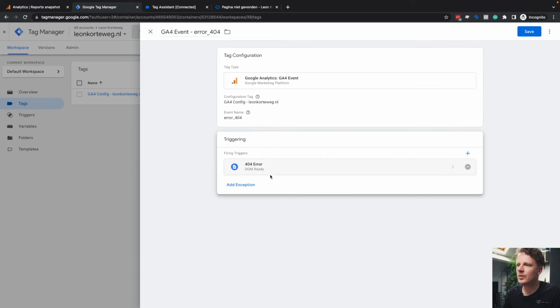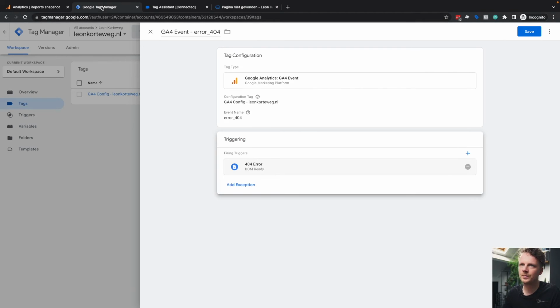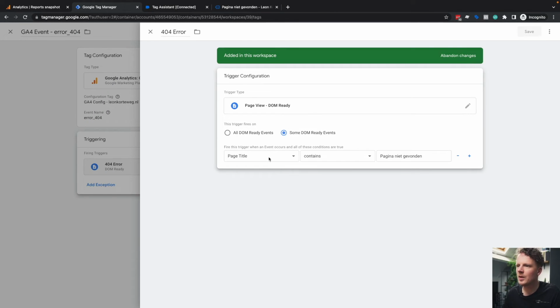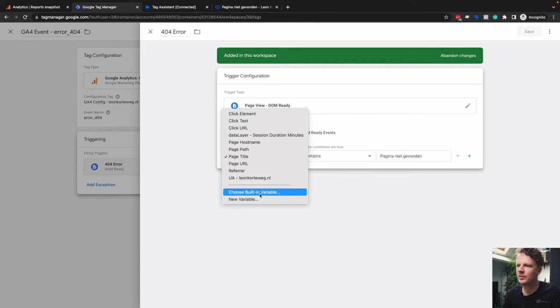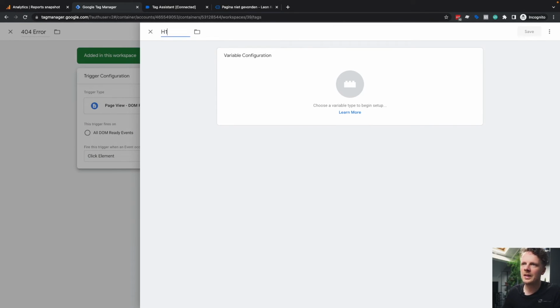So this will make sure that this tag only fires on 404 errors. If you do not have a page title like this and you still want to make this trigger, what you could do is use the h1 title. So the process is the same, but instead of making a page title variable, you would make a new variable called h1 title